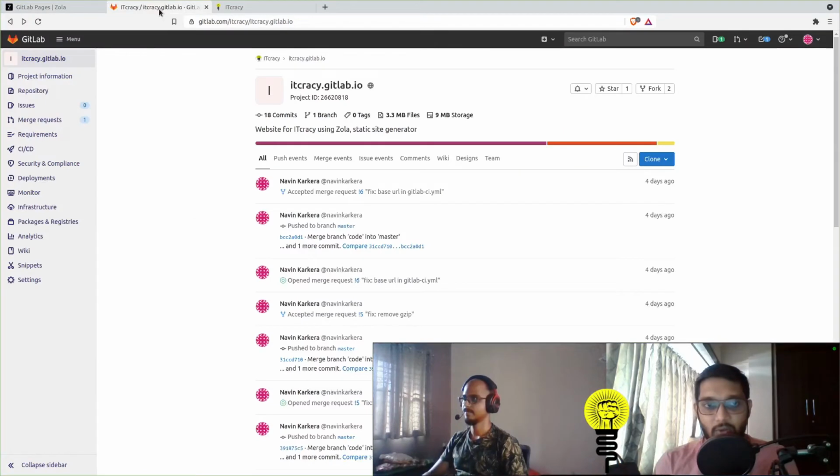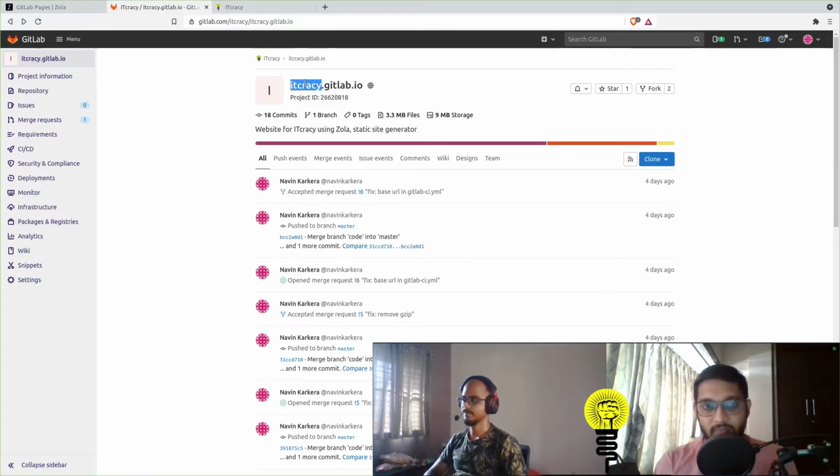To deploy on GitLab, you first need an account on GitLab. And once you create an account, you also need a project, or a repository on GitLab, where you will push all your website code. And the name of that project can be in one of two ways. The first way is you can straight away give the name as username.gitlab.io. Here in our case it is itcrazy.gitlab.io, username or group, whatever you prefer.